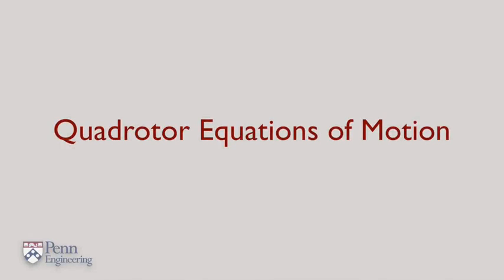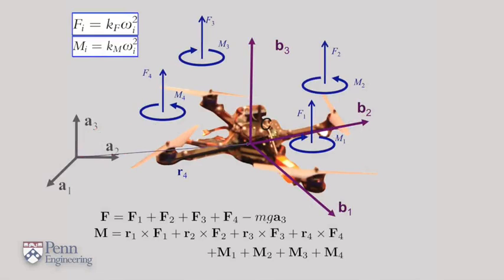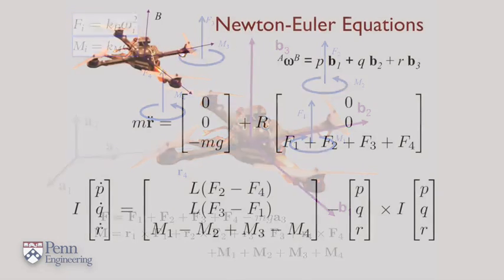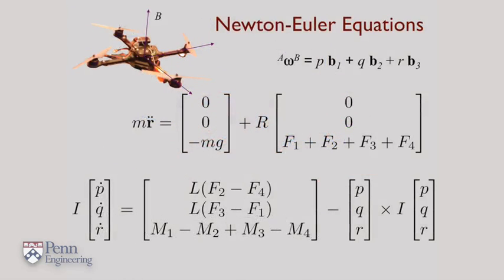Now back to the quadrotor dynamics. The equations at the bottom tell us the net force and the net moment. If we combine the net force and the net moment with the Newton-Euler equations, we get these two sets of equations. On the right side, you see the total thrust, which is U1, and remember this thrust vector is known